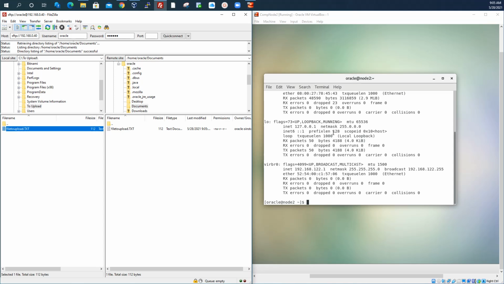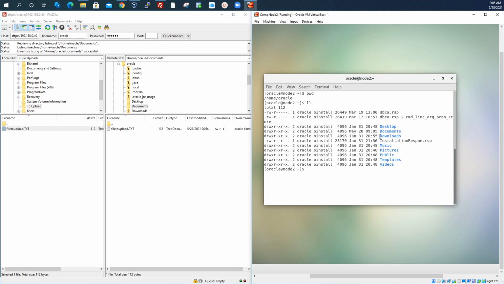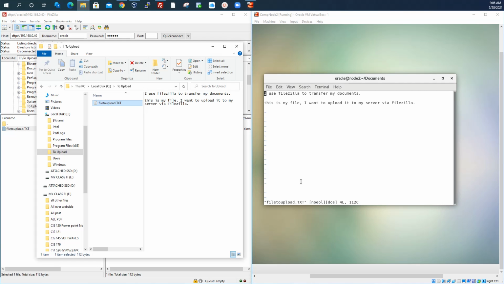To verify that, I go to my server. Let me clear the screen here and run pwd. Then I list the content. It should be in my Documents folder, so I change into it and list. This is my file right here. It has been uploaded to my server. I can read the content of the file, and that is the content of my file, as it is in my file explorer. That is how to transfer files using FileZilla